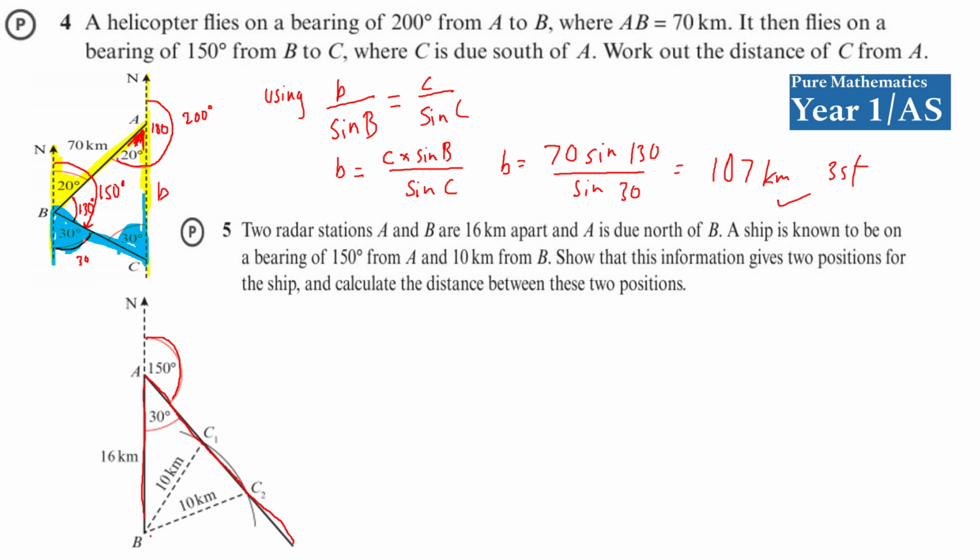Now, but it's 10 kilometers from B. Now 10 won't go here, so we're just estimating it. So this could be a possible place. That's why they named it C1 and C2. So you should be able to see